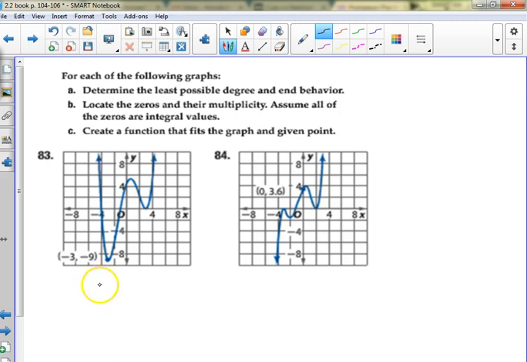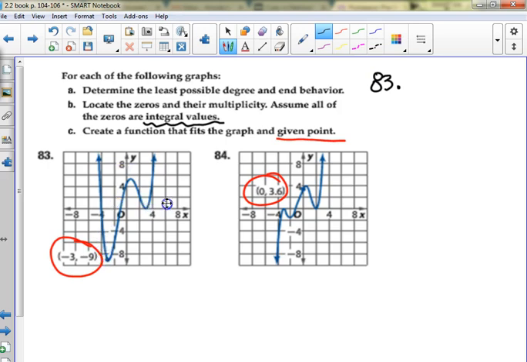Might need some people in the front row to help us with this, but we are supposed to list the least possible degree and end behavior, locate the zeros and their multiplicity, assume they are all integral values. What does that mean? Integers, which means positive, negative whole numbers, right? They aren't decimals or fractions. Then we're supposed to create an equation that goes through the given point. We have this point on this one and this point over here on this one. All right. So for 83,